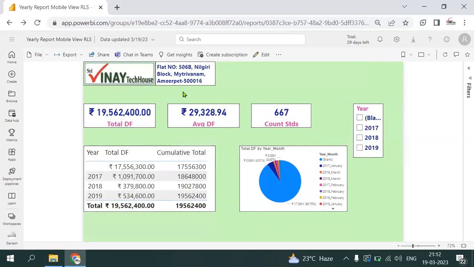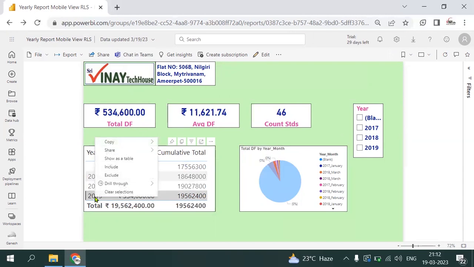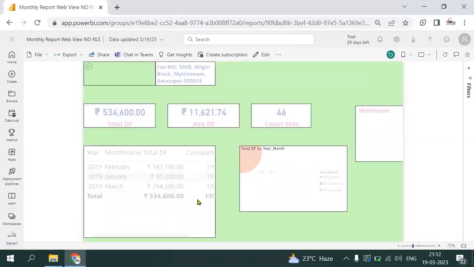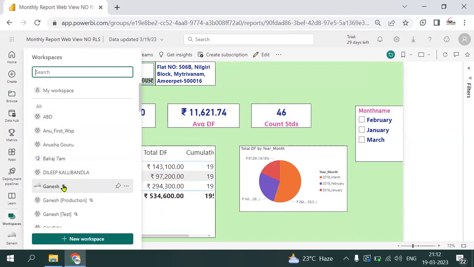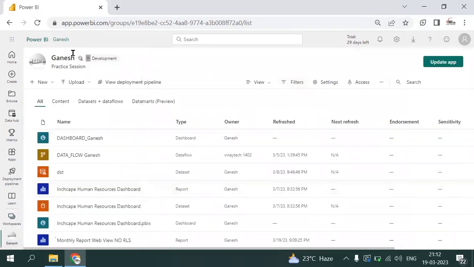Yearly report. This is yearly report. You want 19 data, just right click, 19 drill through, yearly report. Sorry, monthly report. So yearly report to monthly report, you're coming here, 19 data. This is the way we will test first in our workspace before sharing to customers. So Ganesh, the reports uploaded,